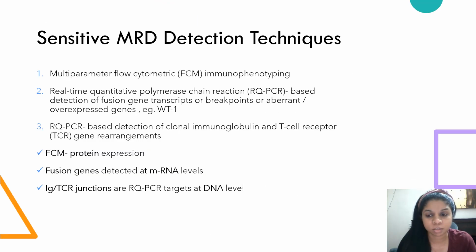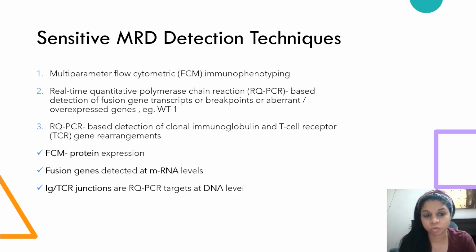So next we discuss sensitive MRD detection techniques. There are three types of techniques we will be using. That is flow cytometry, multi-parameter flow cytometry, which we use for immunophenotyping. Then we use real-time quantitative PCR based on detection of fusion gene transcripts or breakpoints, or aberrant or overexpression of genes. And then we use real-time quantitative PCR based on detection of clonal immunoglobulin and T cell receptor gene